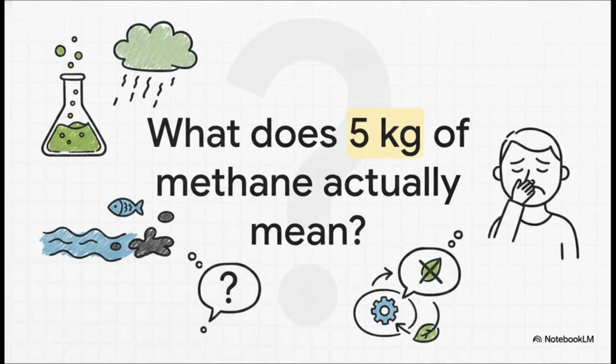Think about it. If I hand you a raw data sheet showing 5 kilograms of methane, 20 kilograms of sulfur dioxide, and 150 liters of wastewater, you really can't make a sustainability decision from that alone, right? Like, is that a lot? Is it a little? Is it harming the water, the air, or human health? Raw inventory flows are just numbers. They don't tell a story, and more importantly, they don't give you a clear path forward for real-world design or